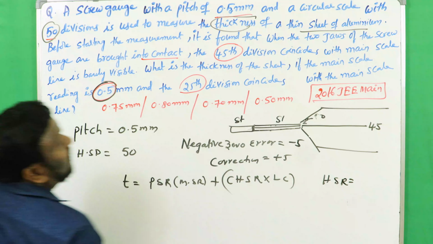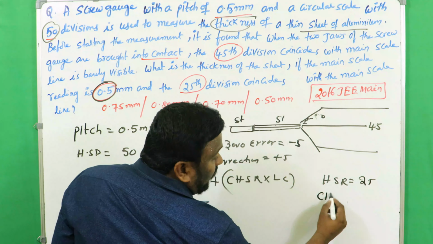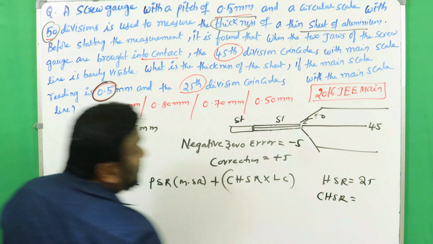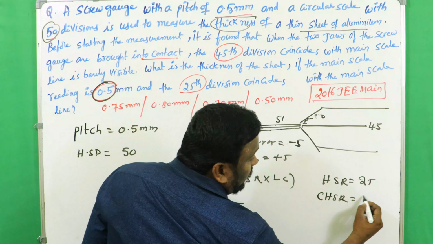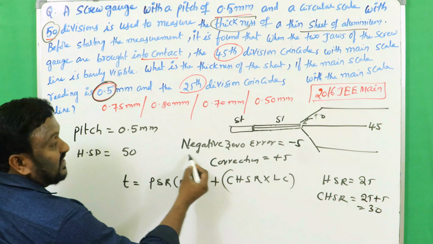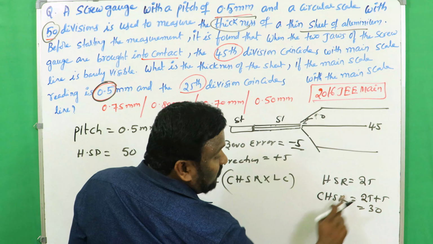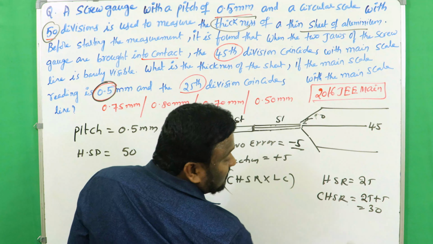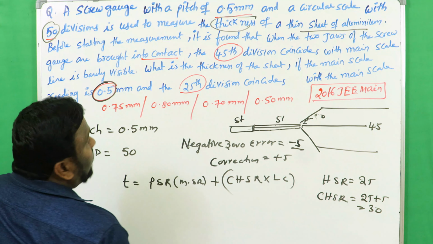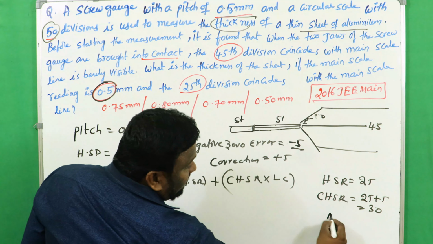How much did we get? The 25th division. Now we have to correct the error. The correction is plus 5, so 25 plus 5 is 30. We got negative zero error, so the correction is positive. HSR is 25 and CHR is 25 plus 5, 30. And the main scale reading given was